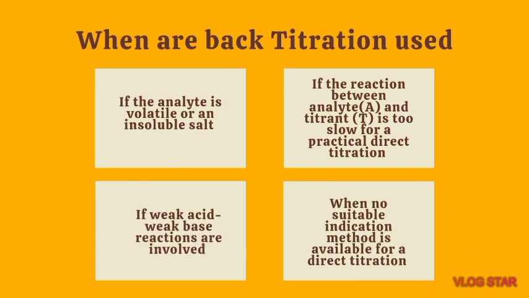Back titrations are mainly used in the following cases. First, if the analyte is volatile or an insoluble salt. Second, if the reaction between analyte A and titrant B is too slow for a practical direct titration. Third, if weak acid-weak base reactions are involved when no suitable indication method is available for a direct titration. Typical examples are